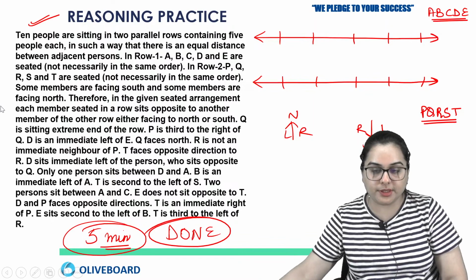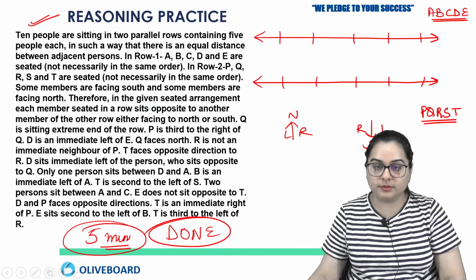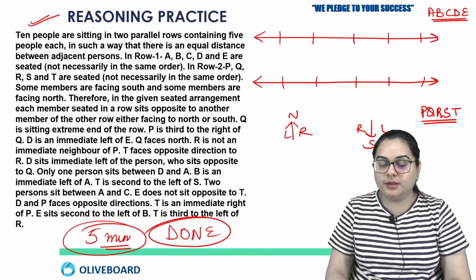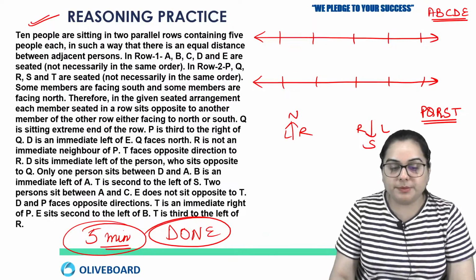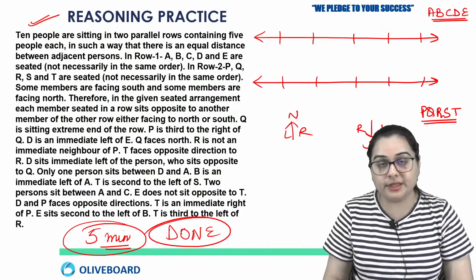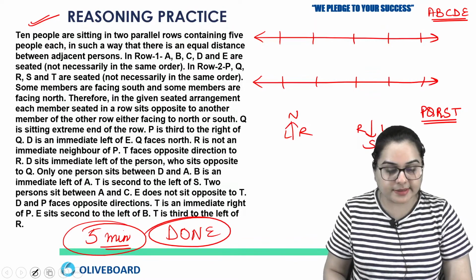So I hope you all are trying this question. So here you have 10 people, they are sitting in two parallel rows. So let us start solving this. Now here we have to be very clear about facing and positioning. Okay. So here he says,